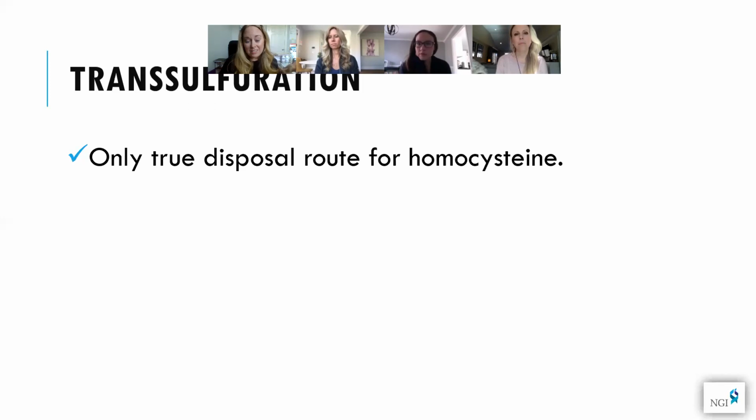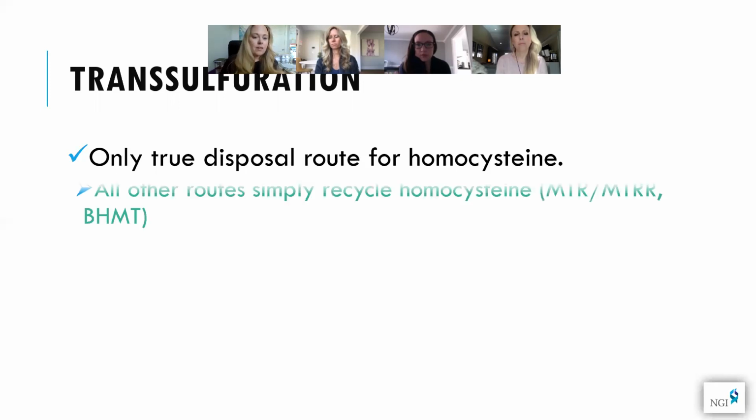If it's elevated, it does mean that there's pathway impairment, but it doesn't mean that it by itself is a bad guy. The other routes in the methylation pathway, methionine synthase and betaine homocysteine methyltransferase, basically just recycle homocysteine. This one has a cofactor of B12, this one has a cofactor of zinc. So we really need to be working on those two cofactors along with vitamin B6